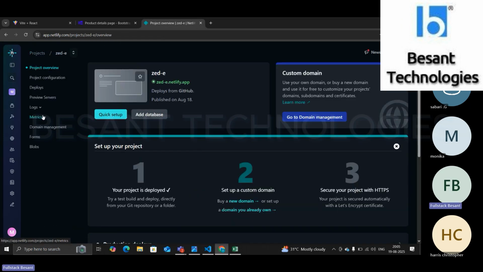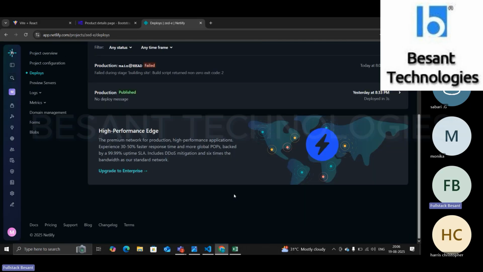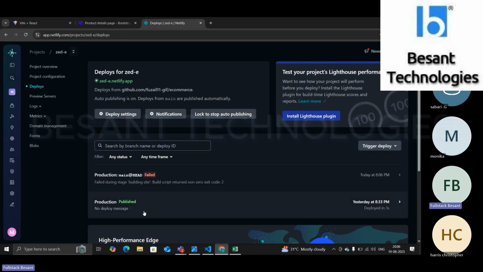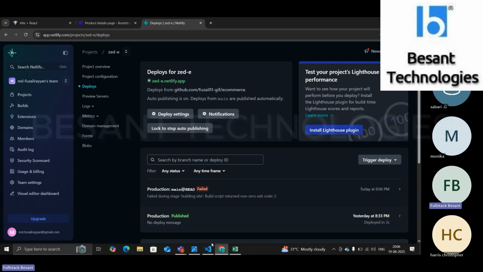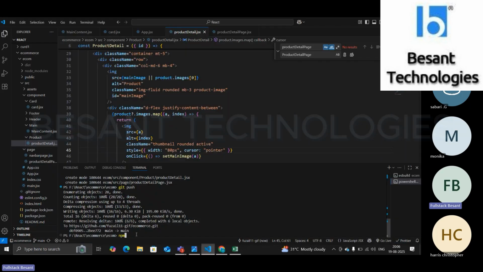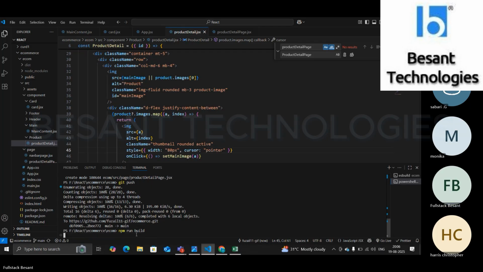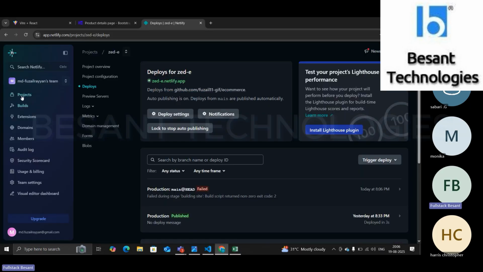Let me deploy manually as of now. Oh, yesterday, right? Go to my this. Okay. Let me do this manually. Let me check what this one is. Build. Okay. Use npm run build. So once it is built,